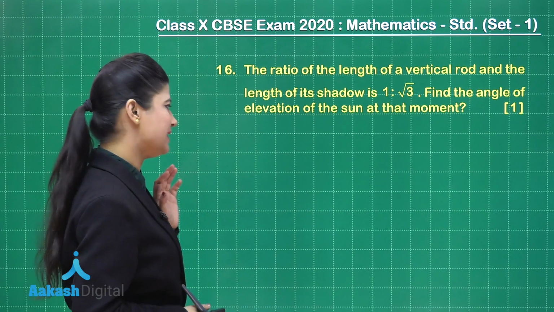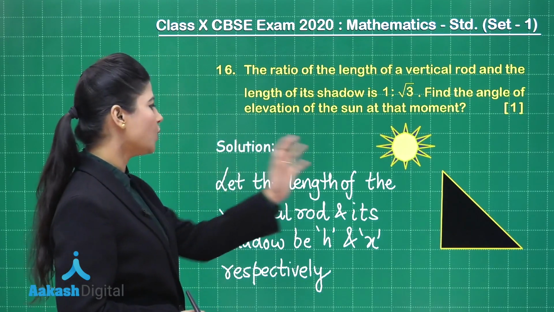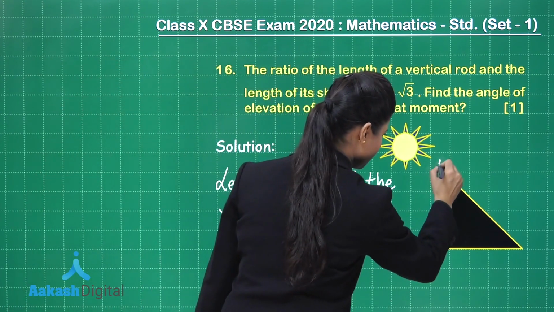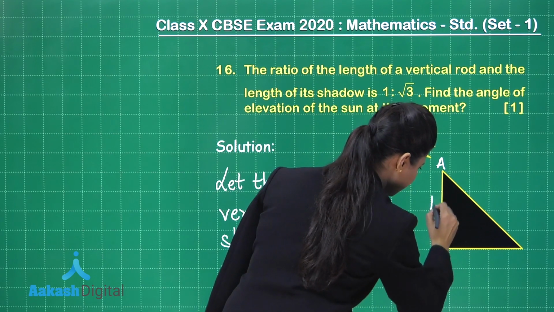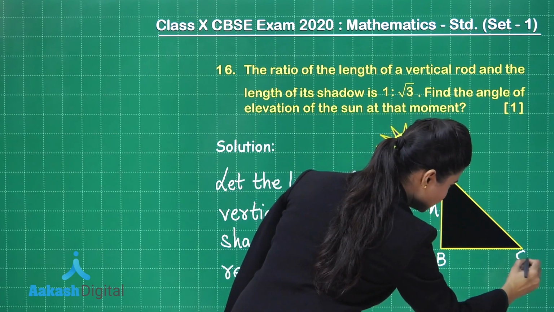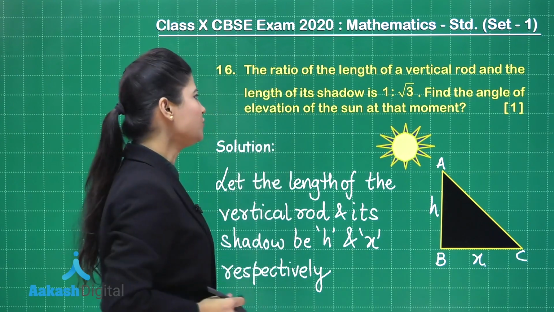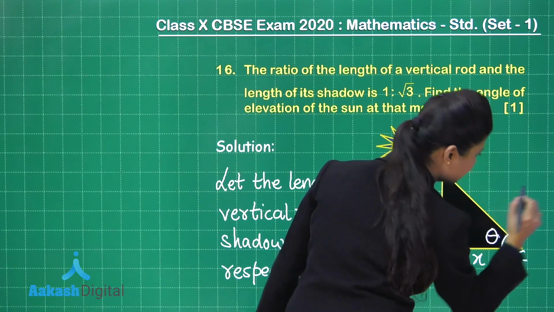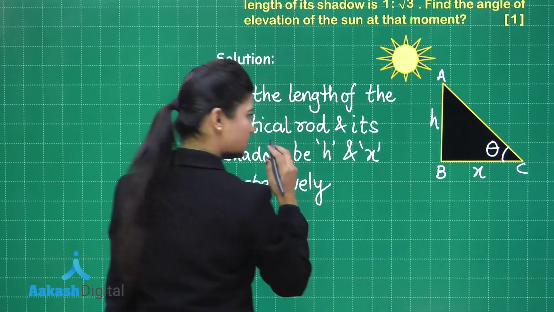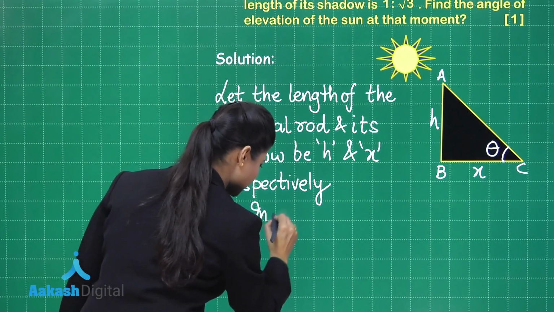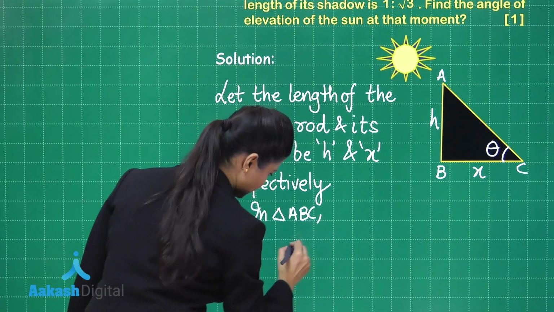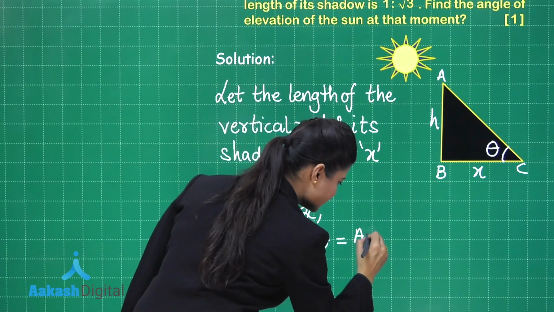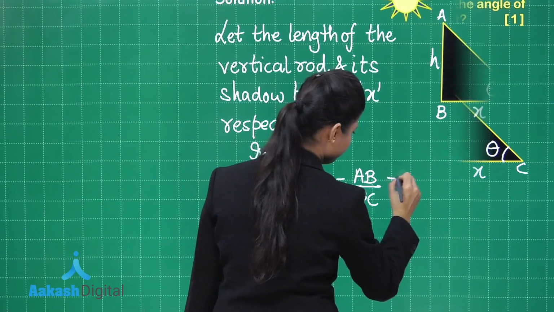Here, very first let's consider that the length of the vertical rod is h and length of its shadow is x. So here I am considering AB as the rod of length h and BC is its shadow x. We need to obtain the angle of elevation of sun at that moment. I am considering it to be theta. So let's apply here trigonometry. So I can further write in triangle ABC, tan theta will be equal to perpendicular upon base, that is AB upon BC in this case, which is h